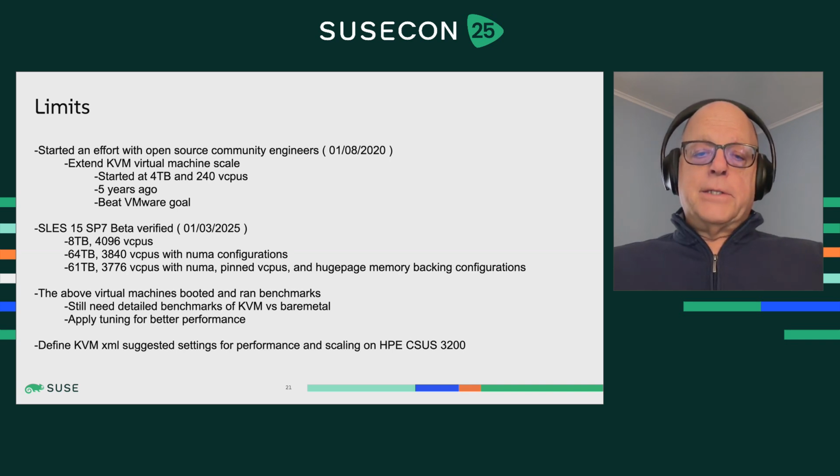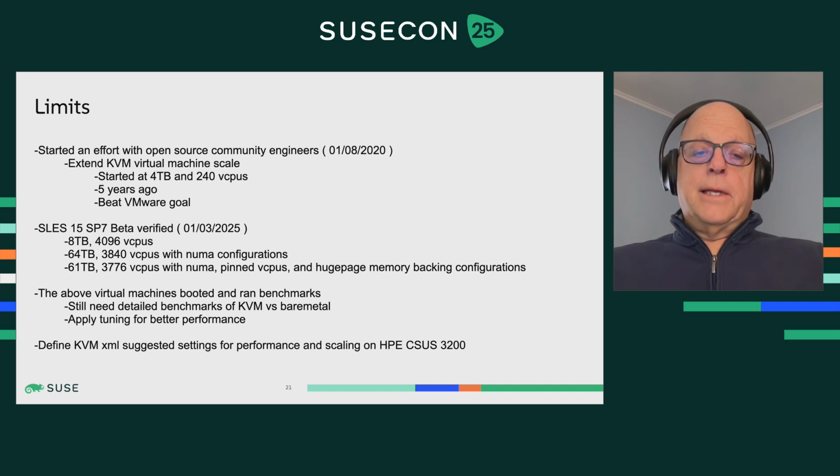We did verify January 3rd, 2025 that we can run 8 terabytes with 4,096 vCPUs. That's a single DIMM slot, and we can overcommit CPUs in that configuration. Using NUMA, we can no longer overcommit vCPUs, so we're limited to 3,840, but we can go to 64 terabytes